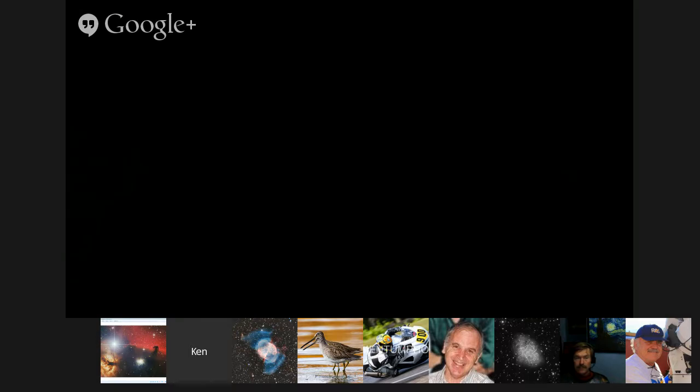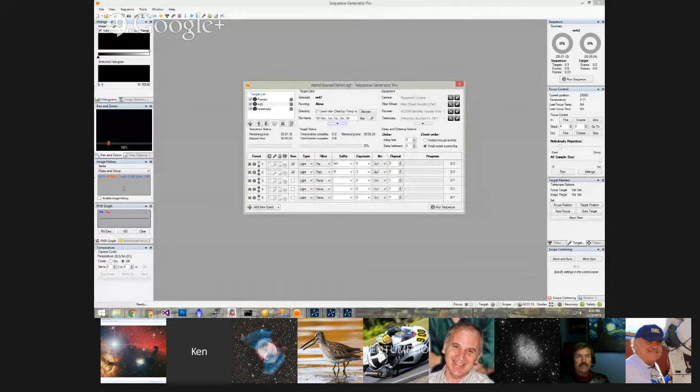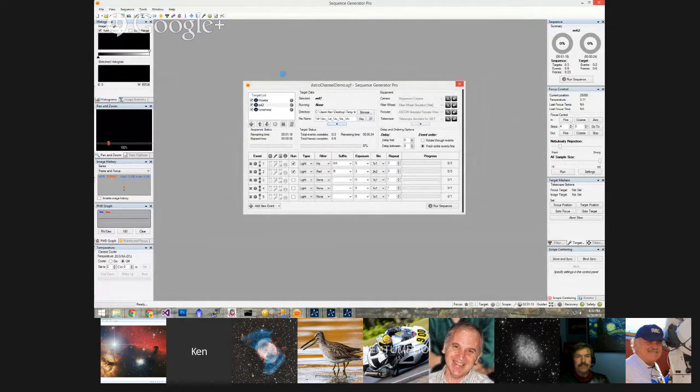All right, I'm going to go ahead and share screen now. What I have up is Sequence Generator Pro, and we're going to cover some elements of a basic sequence. I already have one open, but you see I went in and opened a sequence. You can think of a sequence as kind of like a Word file. It's basically just a document that you're trying to